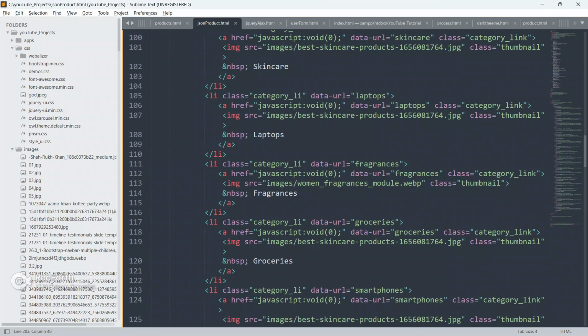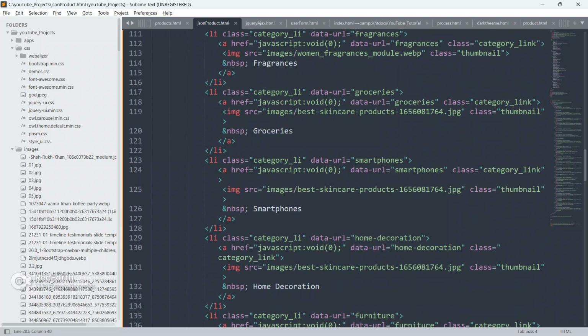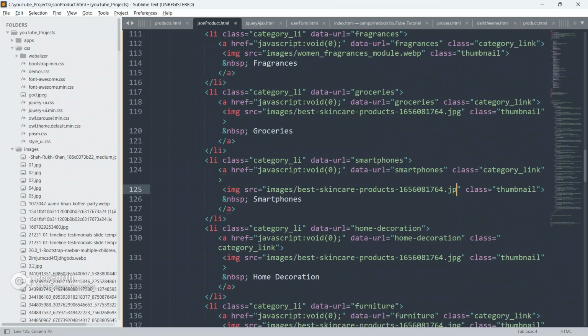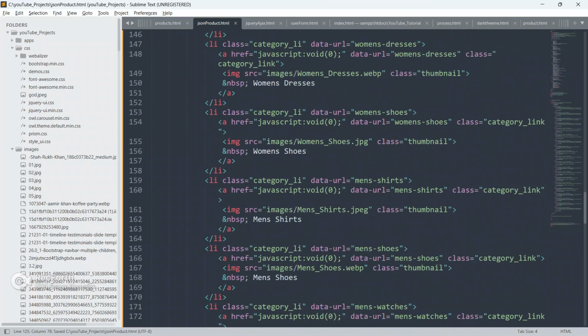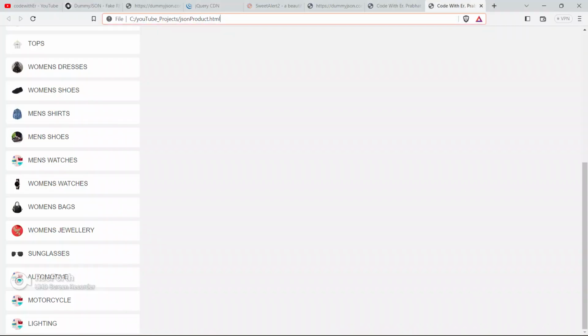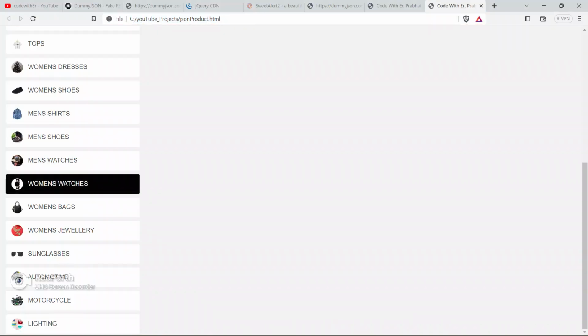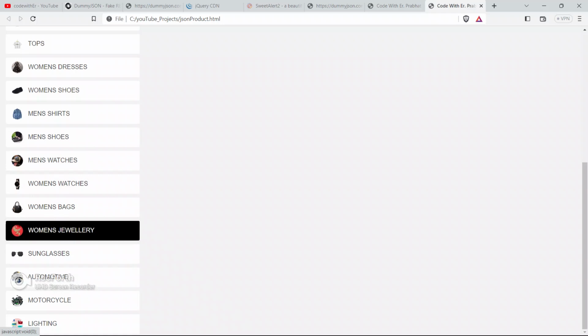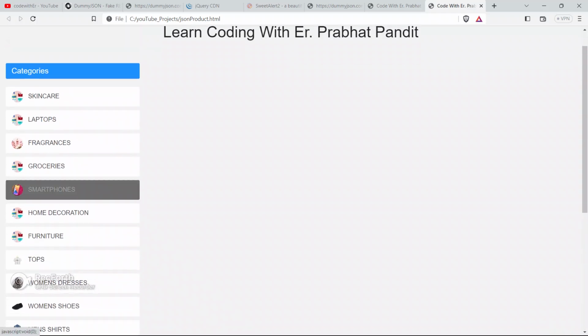Copy this name and replace the smartphone images. Okay, so this is the smartphone, guys, category. Just replace the image name. Save your code, go to the browser and refresh your page.